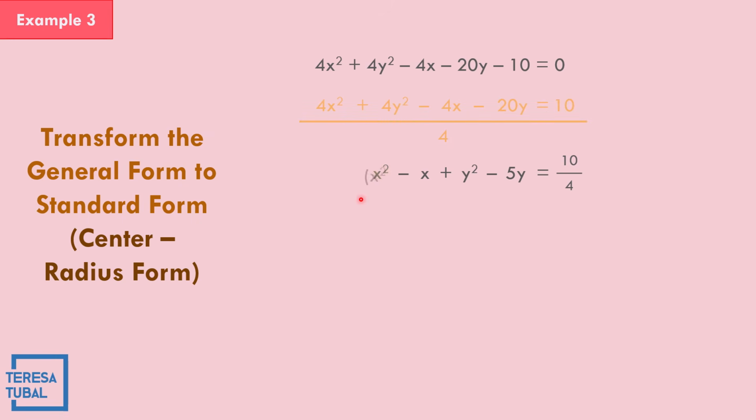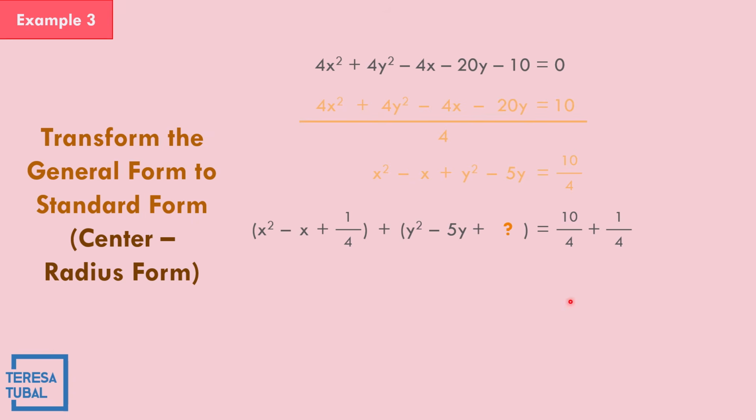So let us arrange to make it a perfect square trinomial. The unknown x squared minus x plus the blank, plus copy y squared minus 5y plus the blank, is equal to 10 over 4. So let us see what could be the number to be added to make it a perfect square trinomial. So b is equal to negative 1. Negative 1 divided by 2 cannot be divided exactly, so negative 1 times negative 1 is positive 1, and then 2 times 2, the answer is equal to 4. The number to be added is 1 over 4.